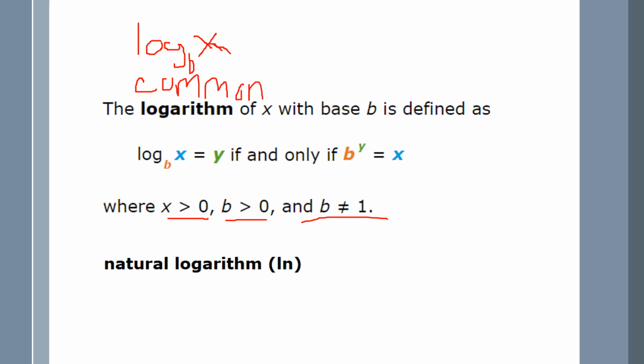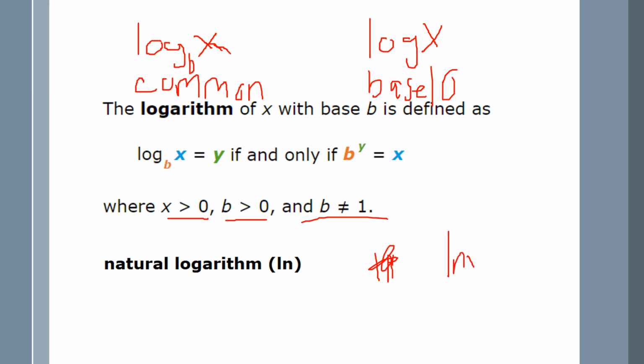All right? When you have your log without a base, you could call it your base 10. That's your base 10. Or you could call it your uncommon log. But when you have natural log, ln x, that is your natural log. So we can conclude that